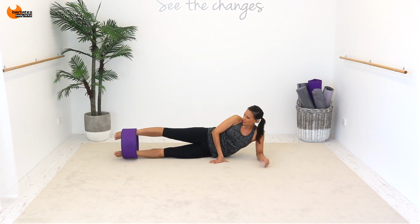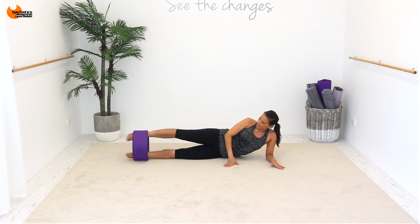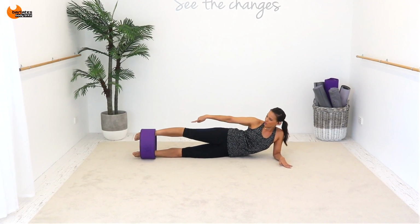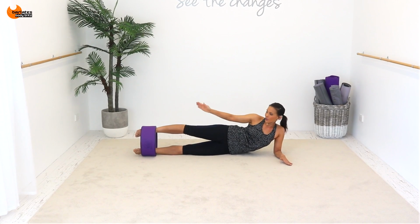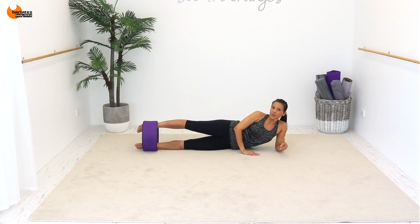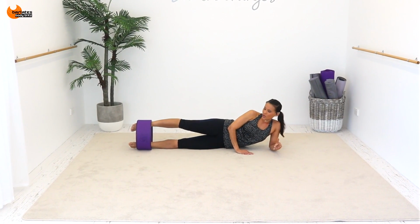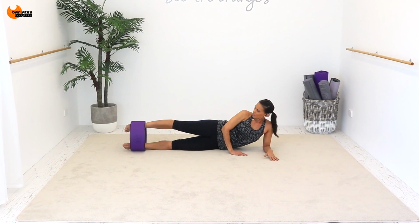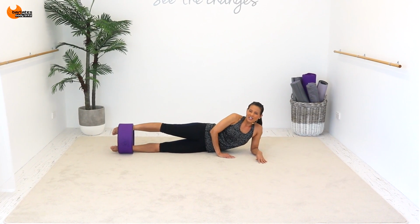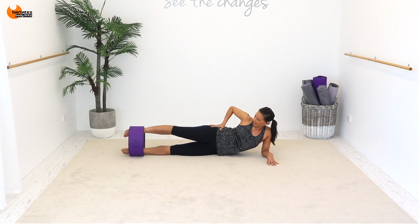Now come back into that perfect position. This time I want your legs completely in line, and I just want you to press down with the bottom leg and push up with the top leg. You're pressing your ankle into the inside of the wheel. It's a tiny move. You're hardly even going to be able to see my leg moving, but I'm pressing, pressing, pressing. The bottom leg is just anchoring that, and you will feel that burning right in here,